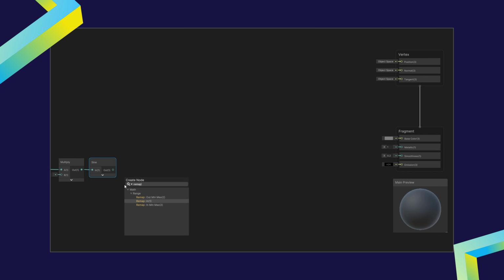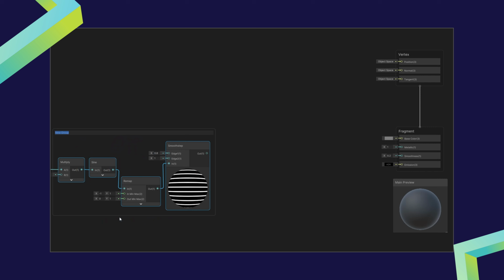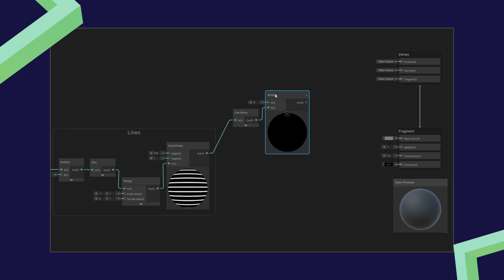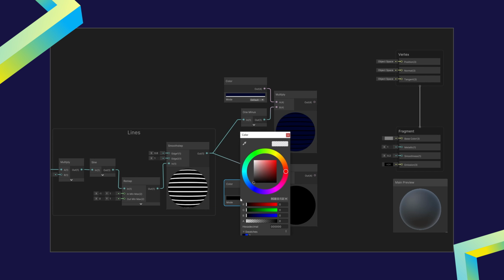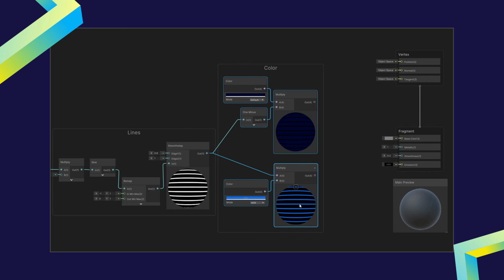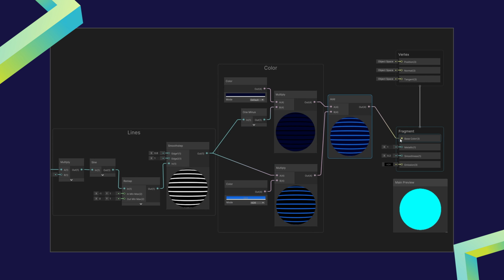Let's break it down again. Lines first. We follow the same pattern technique we developed for the first shader, this time with a flat, dark color for the background. For the lines, we use a vibrant blue, setting it also as an emissive output, so they'll shine even in dark areas. However, this time I want to add a few enhancements to refine the shader.